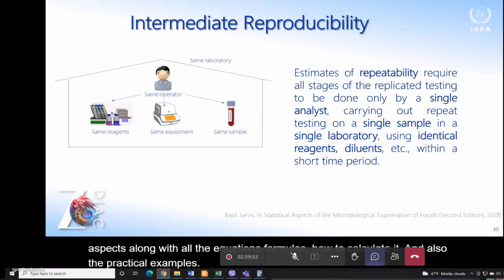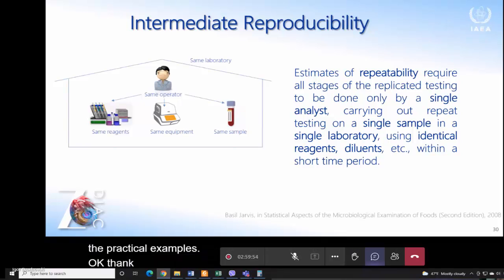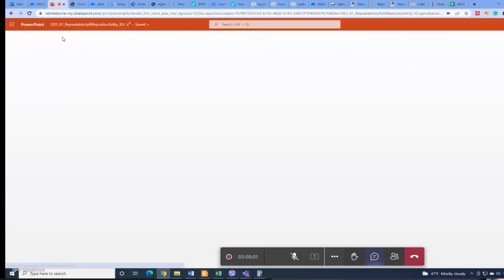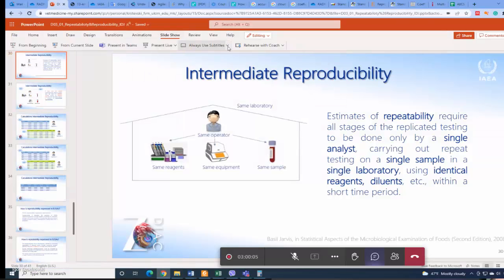Okay. Thank you, Igor, for the detailed explanation. And then we had one question, but Michelle already replied to it. I do not see more questions from the... yes, one. Artem, sorry,